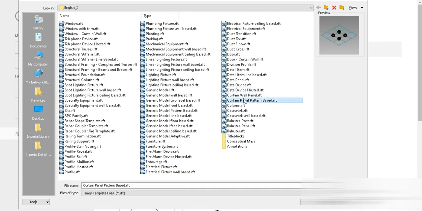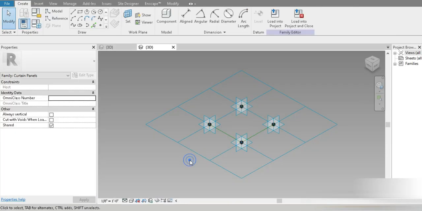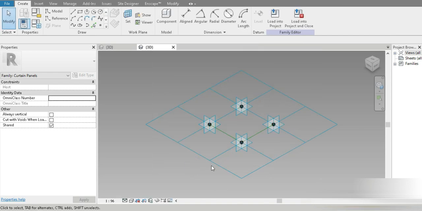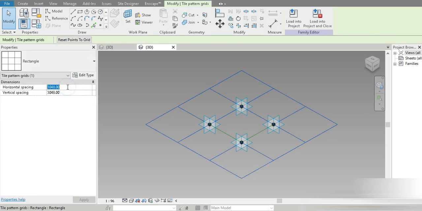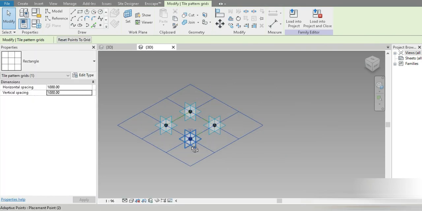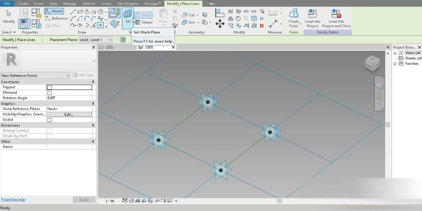So let's go to the curtain pattern based template, and let's first of all make the family. Let's go to millimeters. The size of this is going to be, I've decided, 1 meter by 1 meter. In your case it can even be different, as long as your concept is clear. After that, let's go to the points, let's go to the face, let's go to the set